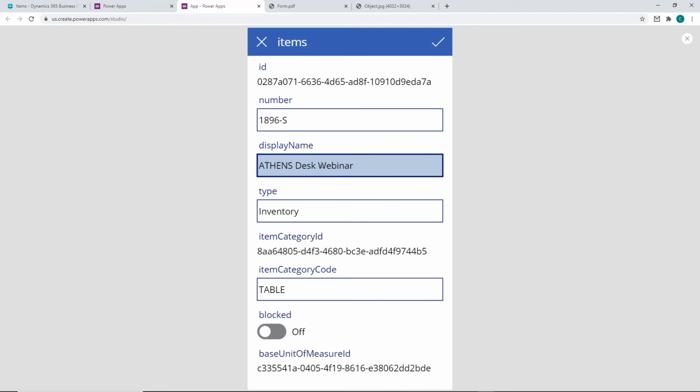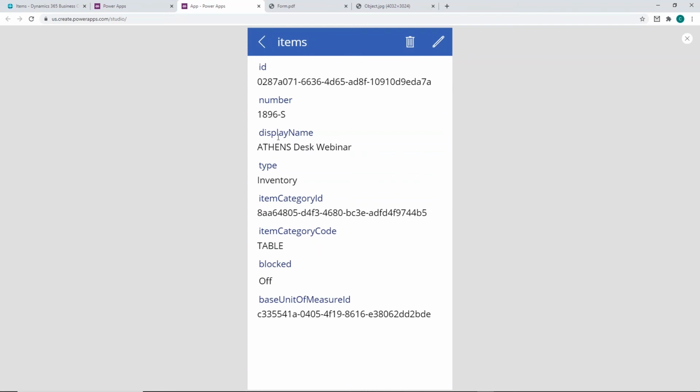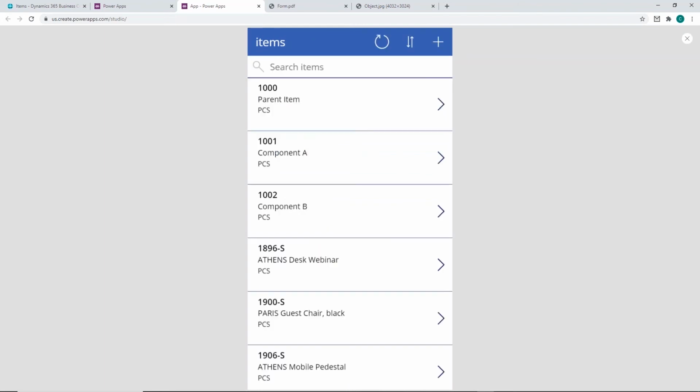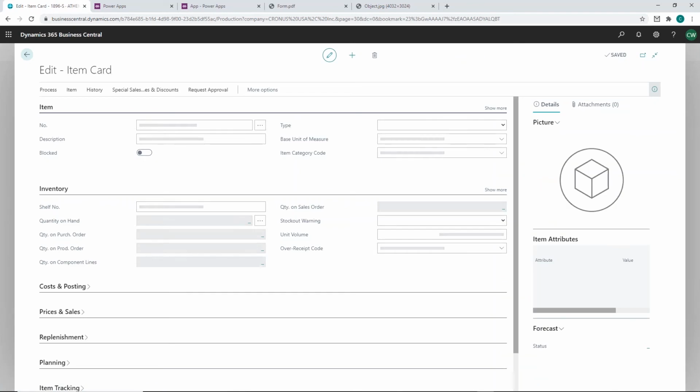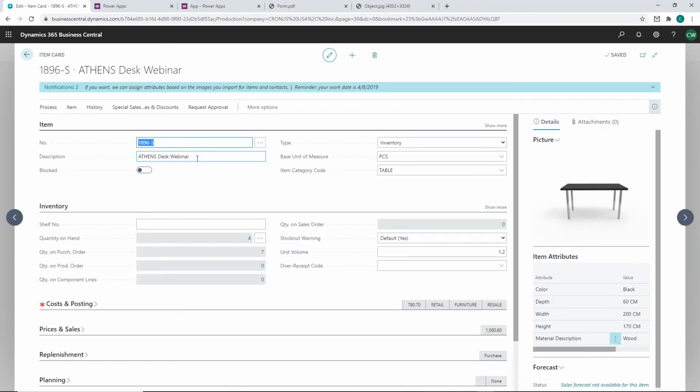So I'm just going to change the display name, which is the description, and save that. Go back here, I can see it updated. If I go back to my list, I can see it updated, but did it actually go back to Business Central? Let me drill into my Athens desk here, and you'll see that the description was updated. So right there, with 4 or 5 clicks and really doing nothing, I've got a pretty good start of an